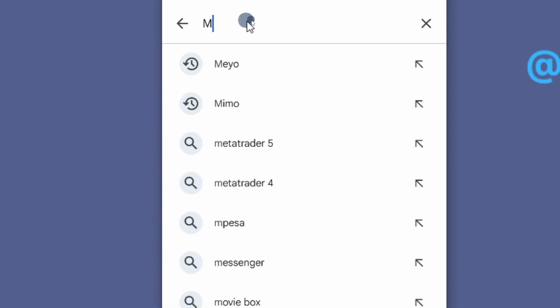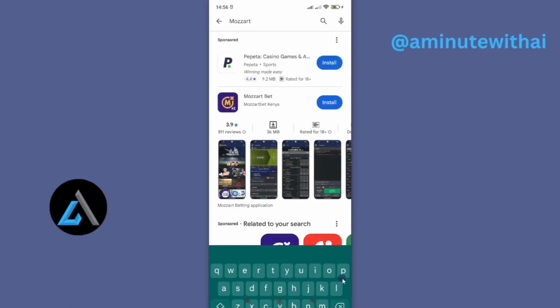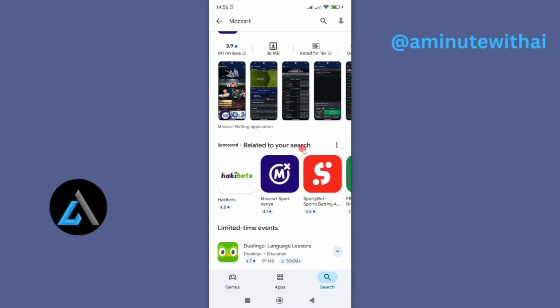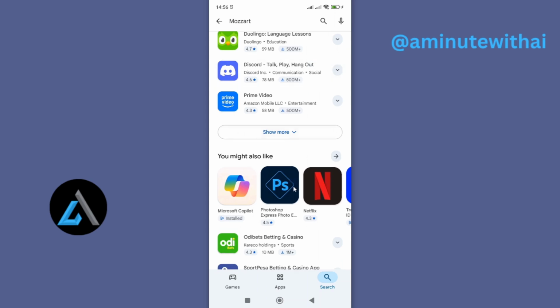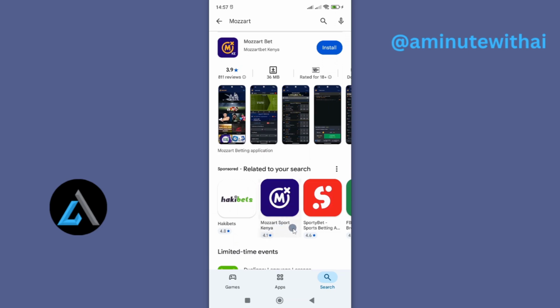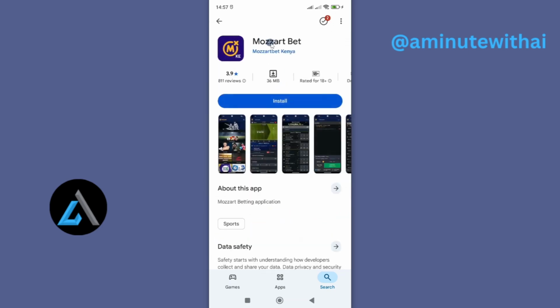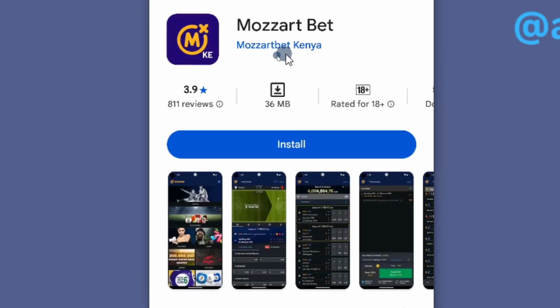So from here, just go ahead and search Mozzart like that, and then tap on search here, and here you'll see we have quite a number of apps. For instance, I have this Mozzart Bet, and we have also here Mozzart Sports. So for the betting app, go ahead and tap on this Mozzart Bet, and it is from Mozzart Bet Kenya,